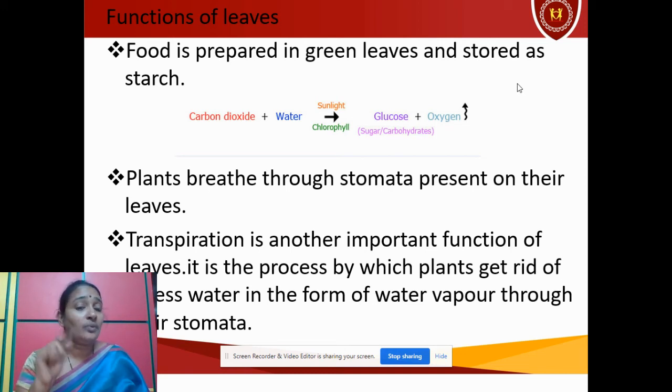That is the reason in winter season, when you are walking barefoot on the grass, you can observe there will be wetness on the grass. Why? Because of transpiration. And even in the water cycle, you have studied along with evaporation, because of the transpiration from the trees we are getting water vapor, and that water vapor gets accumulated in the clouds. Here, plants are responsible even for the occurrence of rains also. Okay,